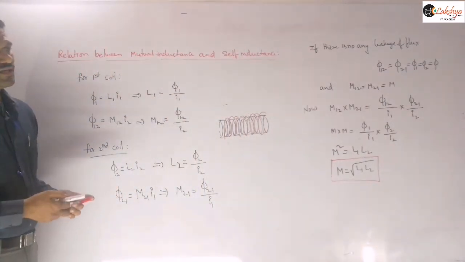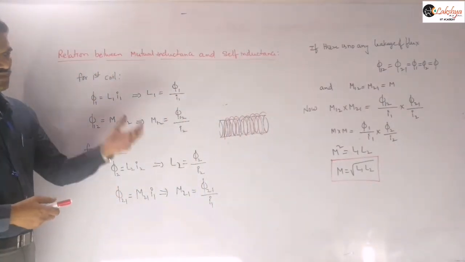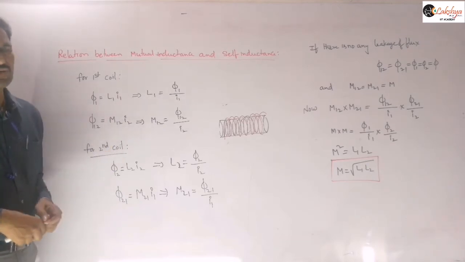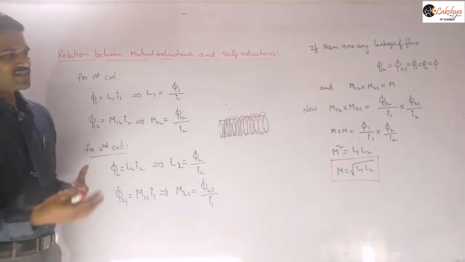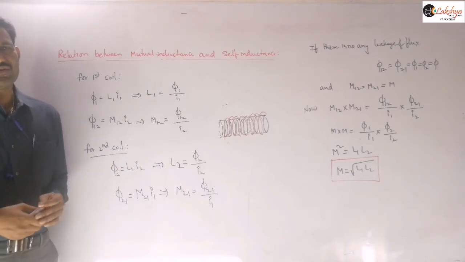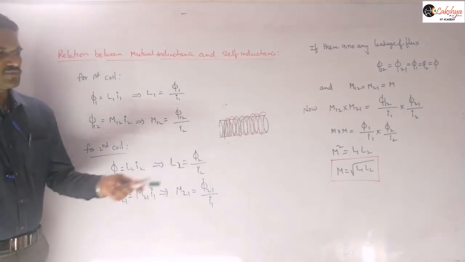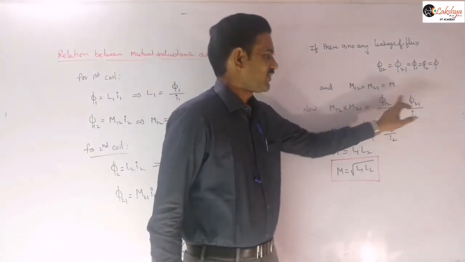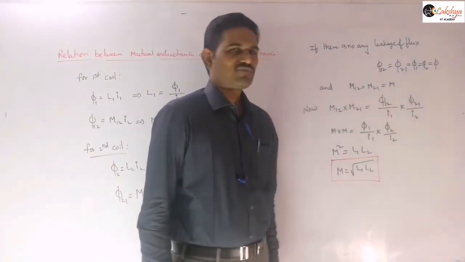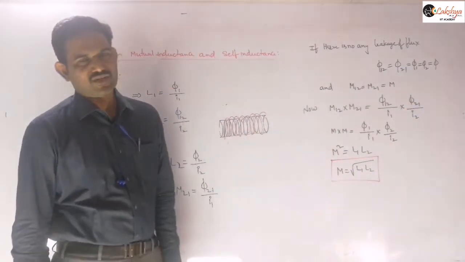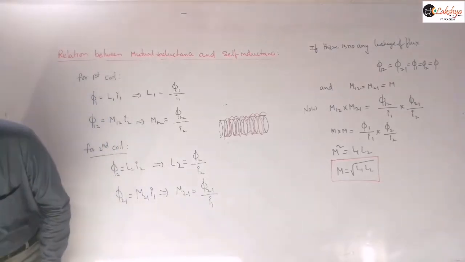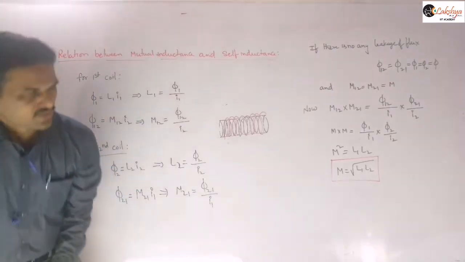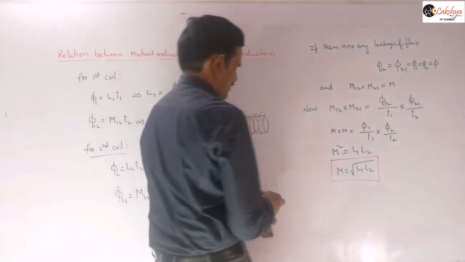That is the case when there is no leakage of flux. We are assuming that there is no leakage of flux there. If any certain leakage of flux is there, then definitely the product should be less than this. That means these two values will be different, phi 1 and phi 2 are not equal, and so some leakage of flux will be there, and so that product will be there between them. So that means what we can mention there is